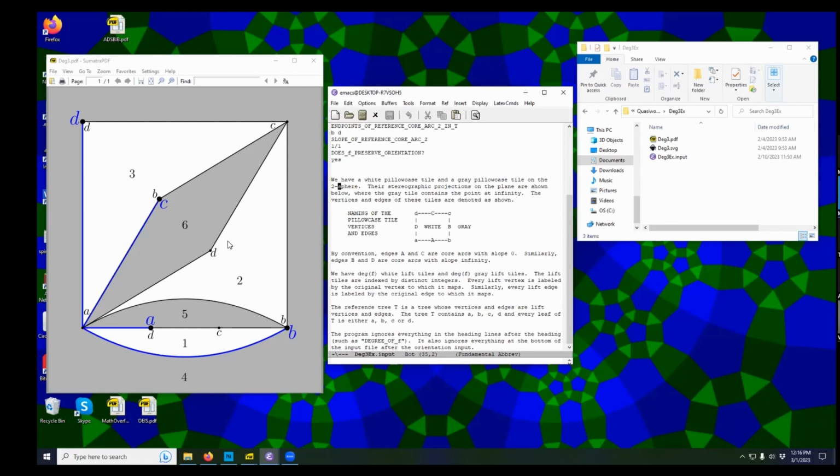In addition to that, once we have that much information, we have a finite cover from one two-sphere to another. We have to identify these two spheres. So in order to